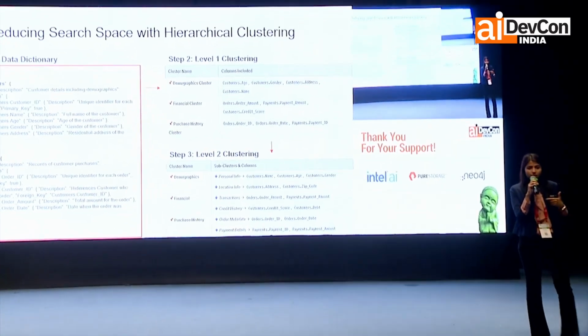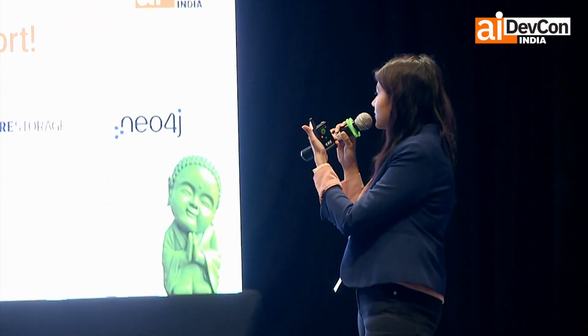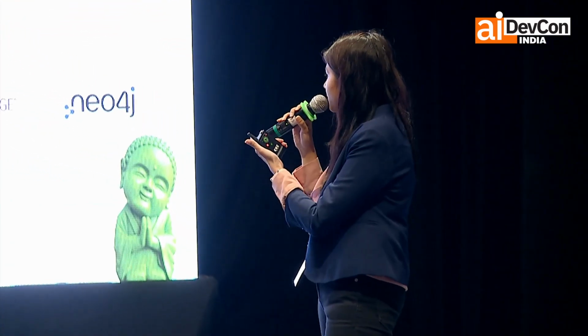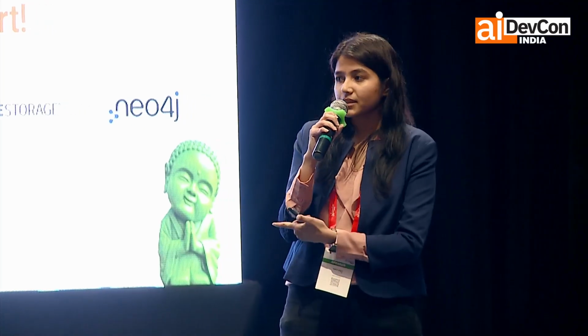Let's say I have a demographic cluster, and I created more clusters in that demographic cluster. The subclusters can be personal information and location information. All the personal information related columns will go into the first subcluster, then location information related columns will go into the second subcluster. These are just the ways by which we can reduce the search space, and we also make sure that whatever is left by RAG can be picked up in this process. So this is what we have integrated with RAG in order to get all the important tables and columns.